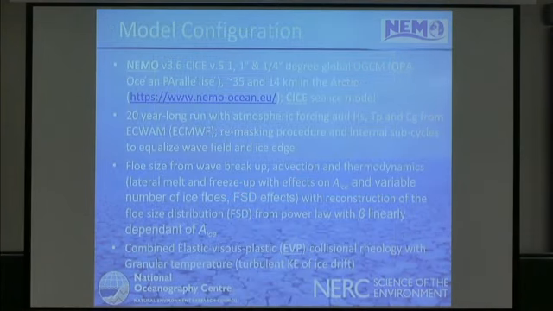Now, I'm going to go very briefly through the model configuration we use for the study. So NEMO is the oceanic part, which consists of the OPA model. This is a French one, and we actually run at two resolutions. We run mostly at 1 degree resolution, but also at quarter degree resolution, which means, I'll show the NEMO grid, that in the Arctic Ocean we are around 35 kilometers for the 1 degree and 14 kilometers for the quarter degree. And then this model is coupled to the Los Alamos sea ice model, and we typically run multi-decadal runs,